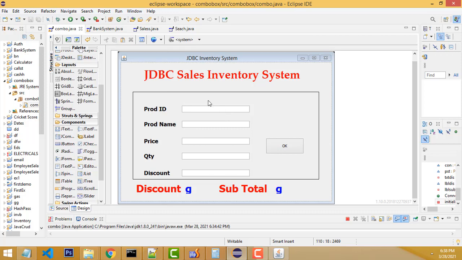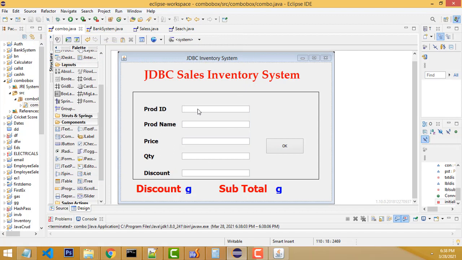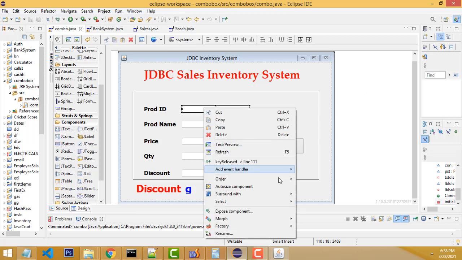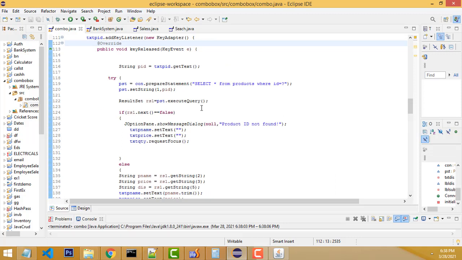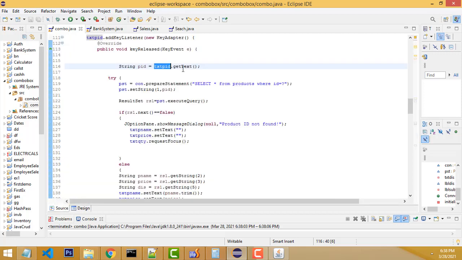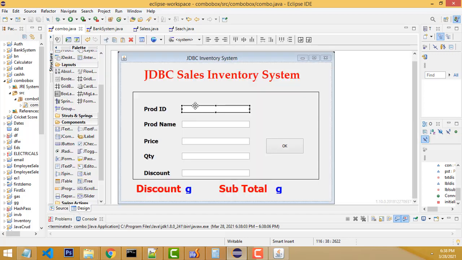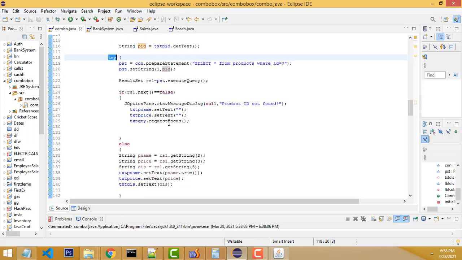So how to do the task is: click on the text field, right click, add action event, key released, not pressed or typed, key released. Then whenever you press a key, if the data is available, it will work, right? txtid is your text field name, dot getText is the method. Whatever value you type in this text box is assigned to the variable PID. After that we have to write the try and catch block, right?